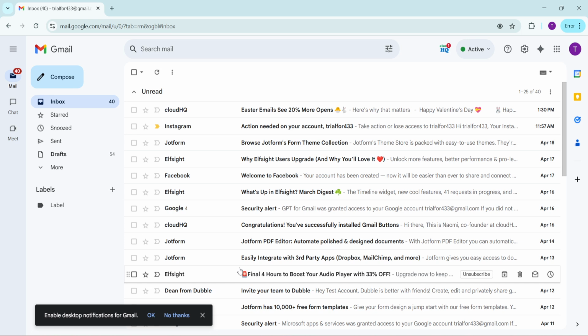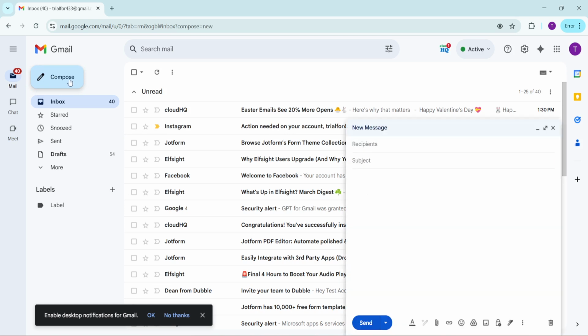Once you're in your inbox, look towards the upper left corner where you'll find the Compose button. Go ahead and click on that. This action will open a new window where you can draft your email. It's that simple. Now that we've got the email draft open, you can start typing the quote you wish to